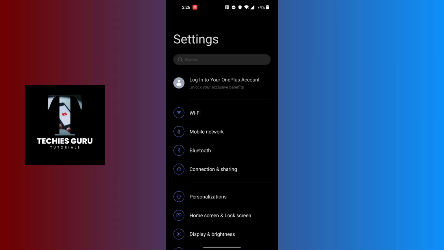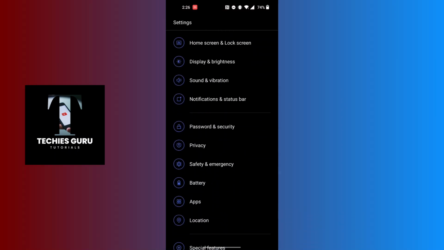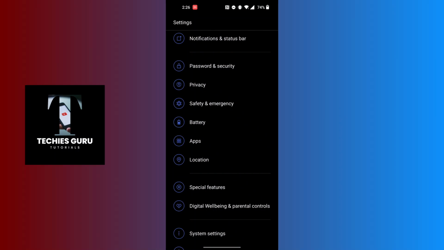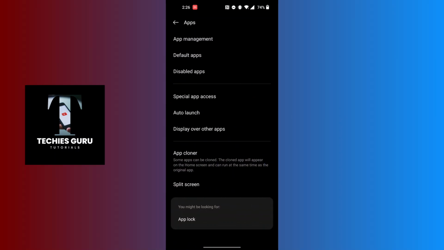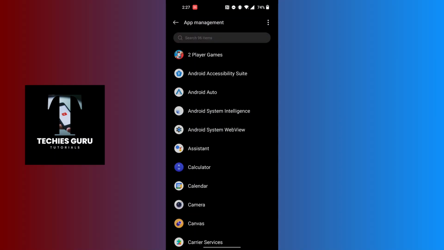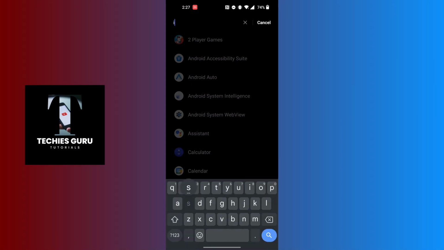After opening the settings on your phone, scroll down until you can find the apps option available for us. Over here you can see there is the apps just below the battery. Tap on it to open, and on this interface again tap on the app management, which is at the top of the screen. And on the search bar at the top of the screen, guys, search for Instagram over here